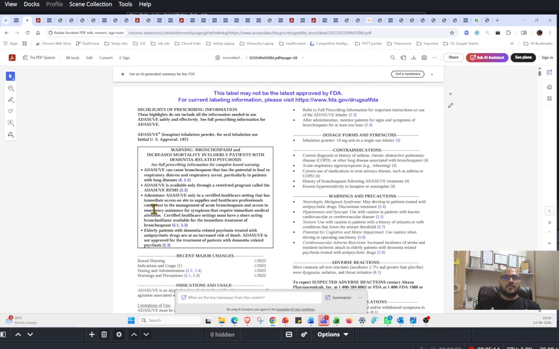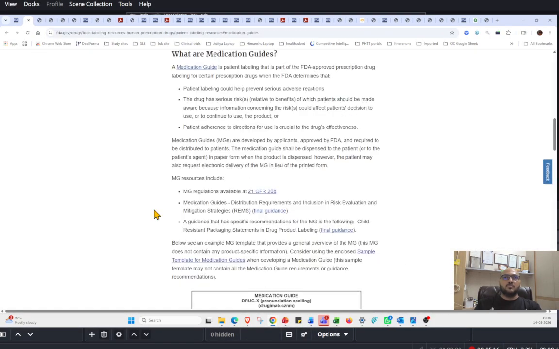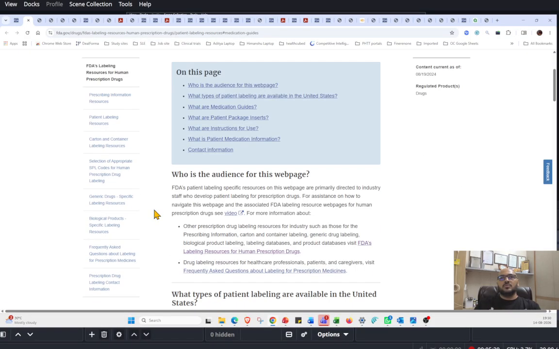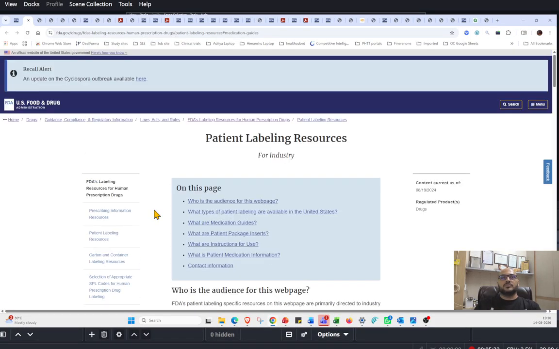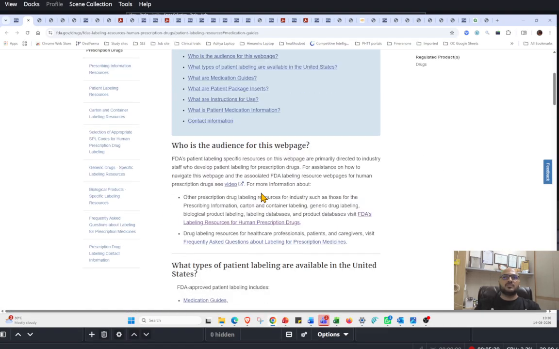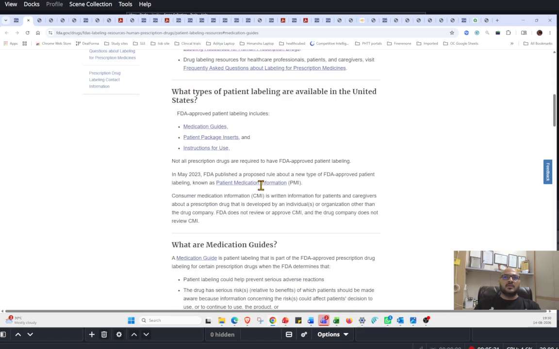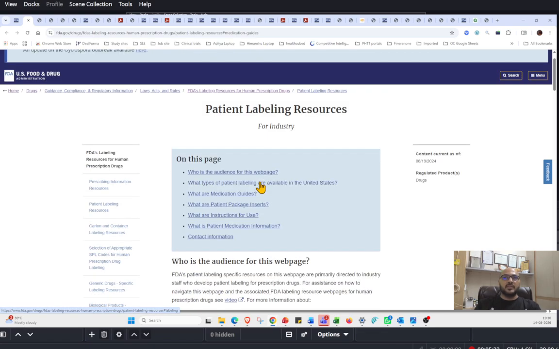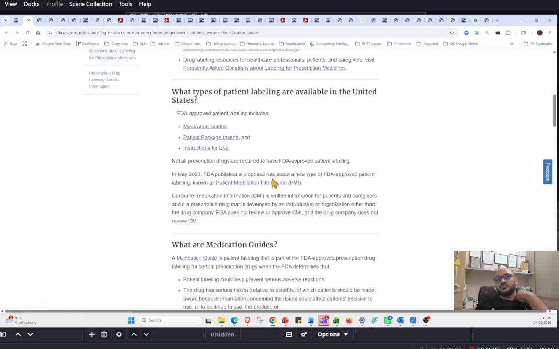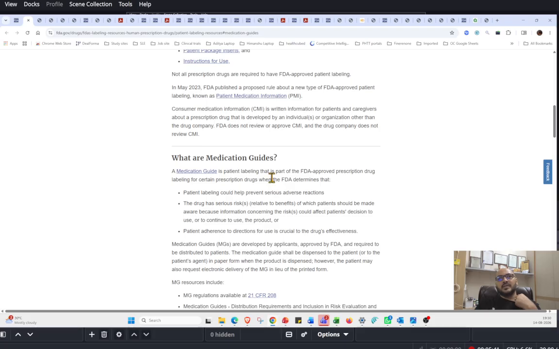Now I'll close this. So, patient labeling resources. There are these resources, meant for industry only. This has multiple other resources where you get information regarding the medication guide,